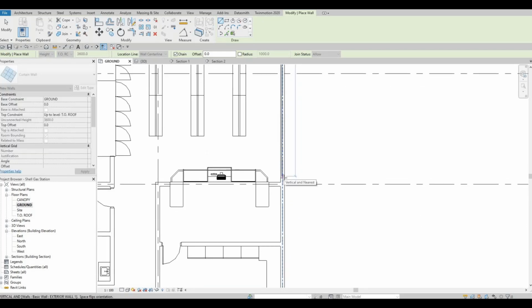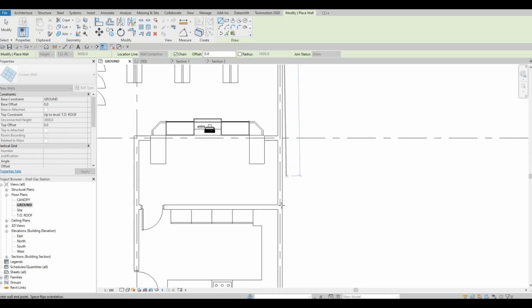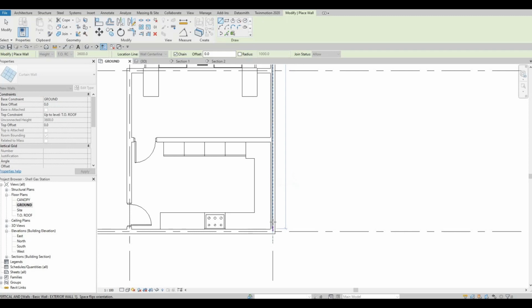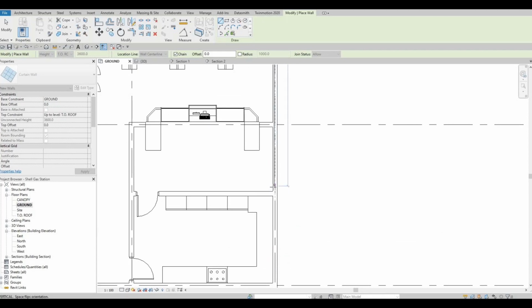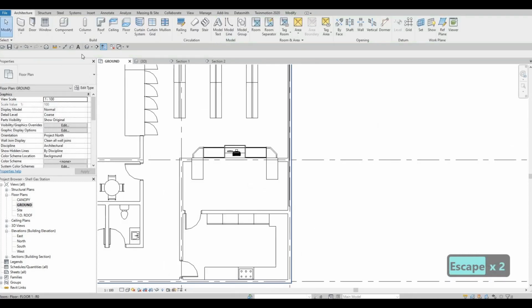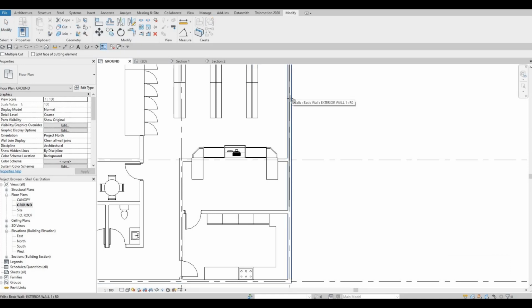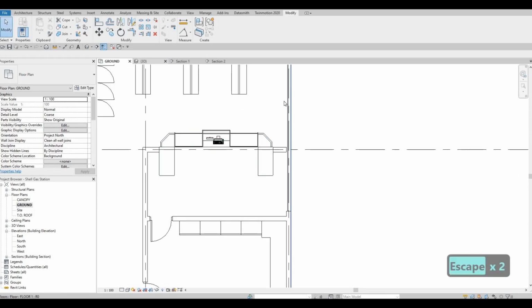And what I want to do is just add it all the way like here. I think that's good enough to put some sun right here. And then what we're gonna do is click on modify, select cut, and then select the wall first, and then the curtain wall. And now this will be cut like that,